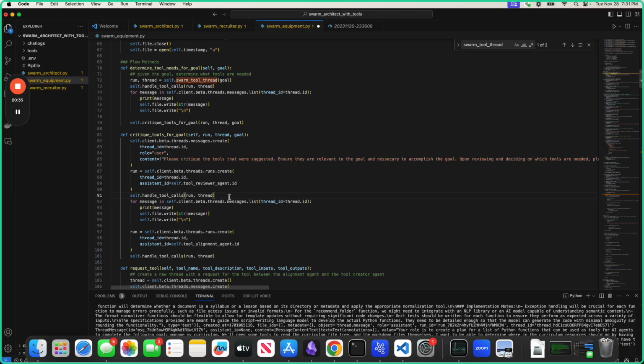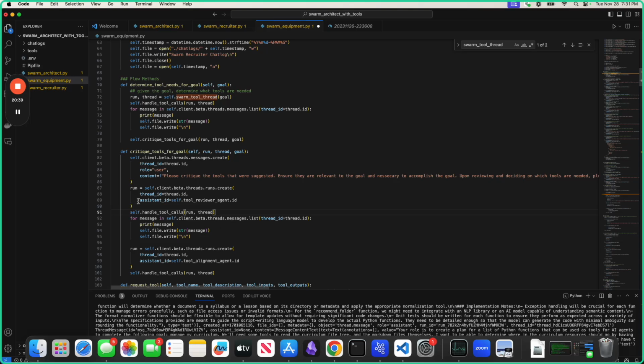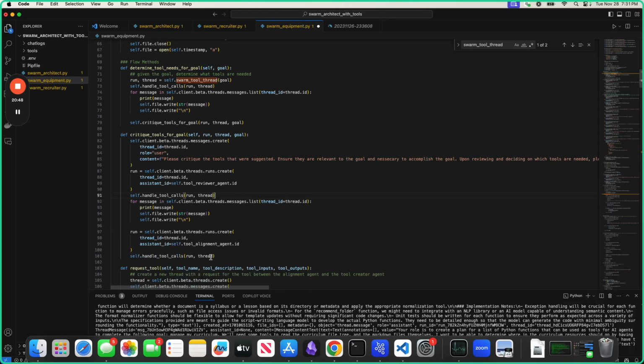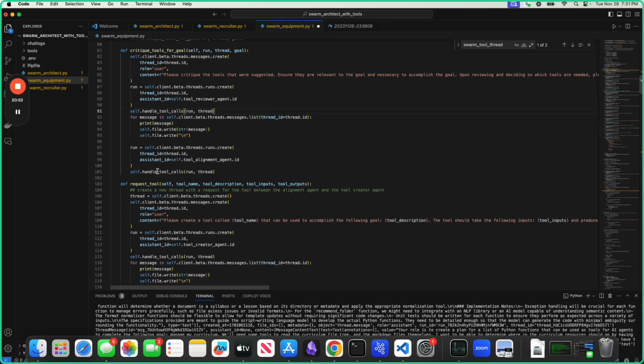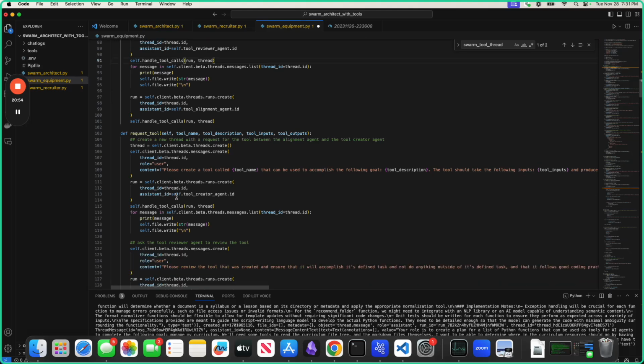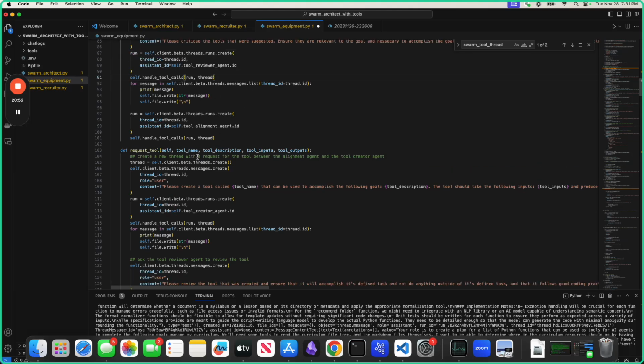So if there's no tool calls, it's not a big deal. And then we run the run and then handle the tool calls. And then we log what happens to the file. And then in handle tool calls,